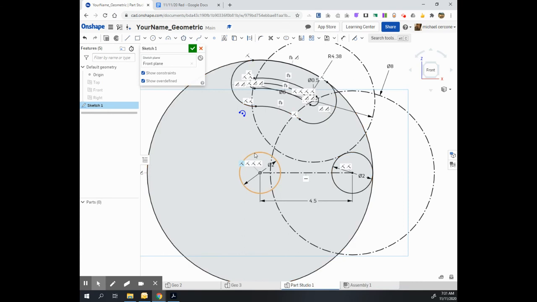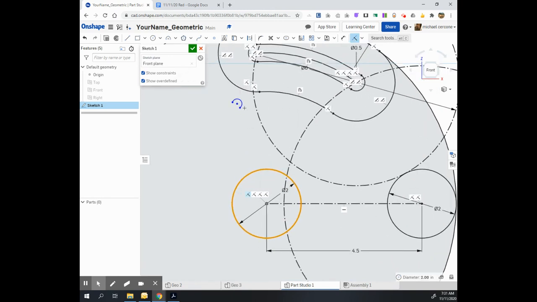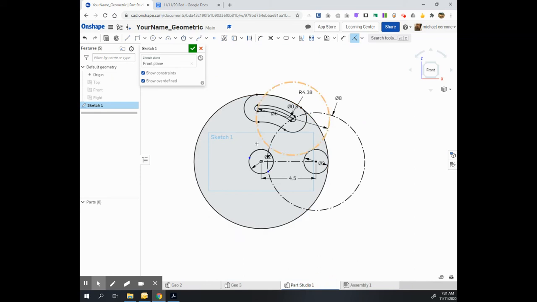And I think this coincident and tangent. And from there, I will finish this up with trimming, drawing my additional lines,